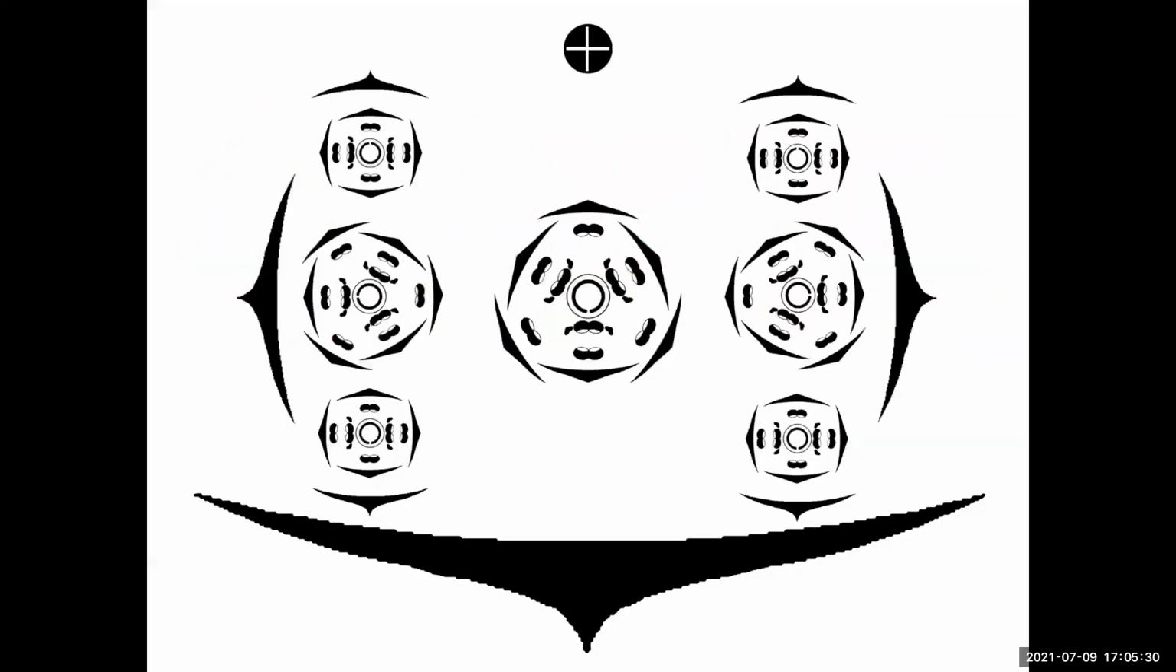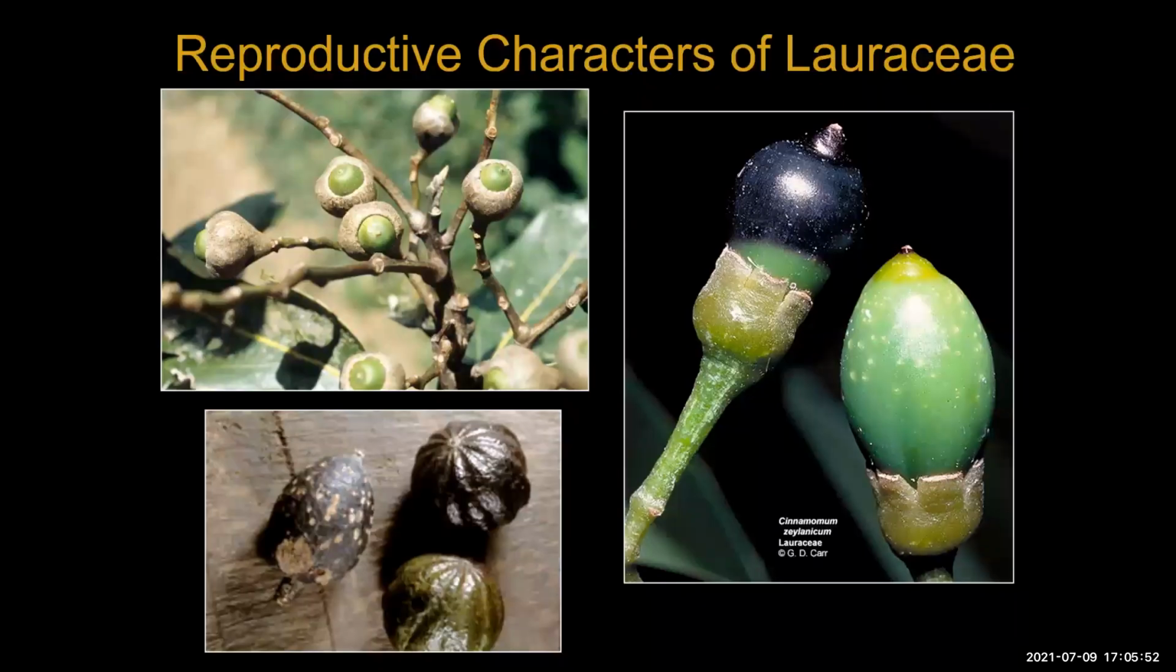So here's the floral diagram. At the apex of the main branch, you have this trimerous flower. And on the side branches at the apex, you have the trimerous flower. But its buddies on the side are dimerous. So this is actually not unknown in modern Lauraceae. So that's fun. All right, so with the fruit traits, we have variation from that cup from the base of